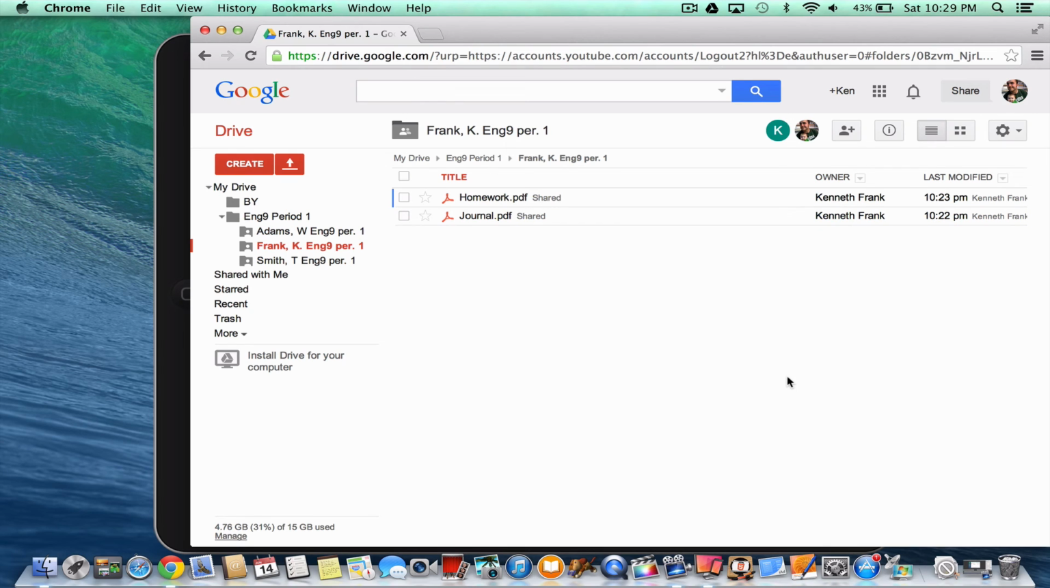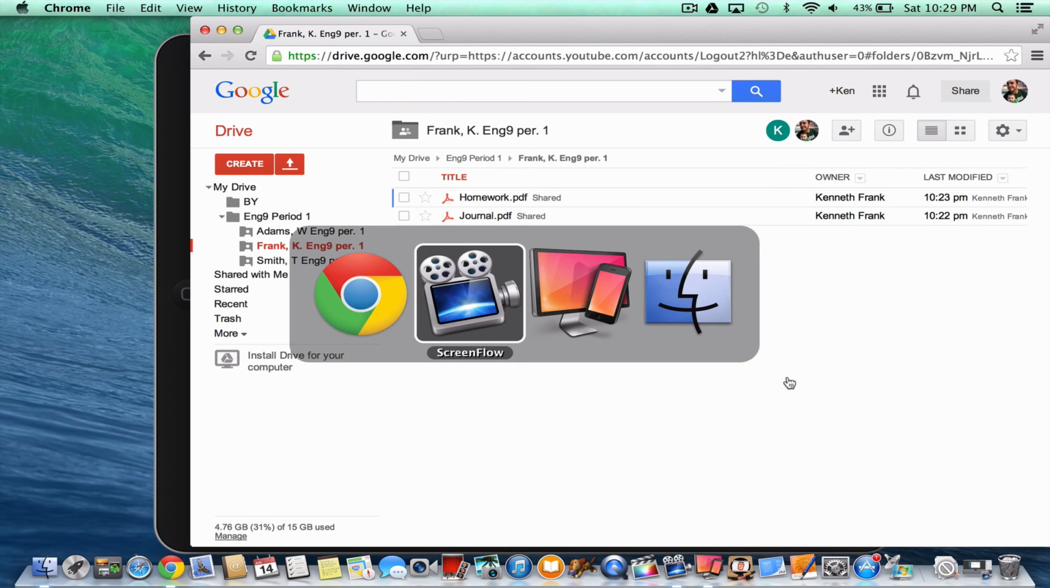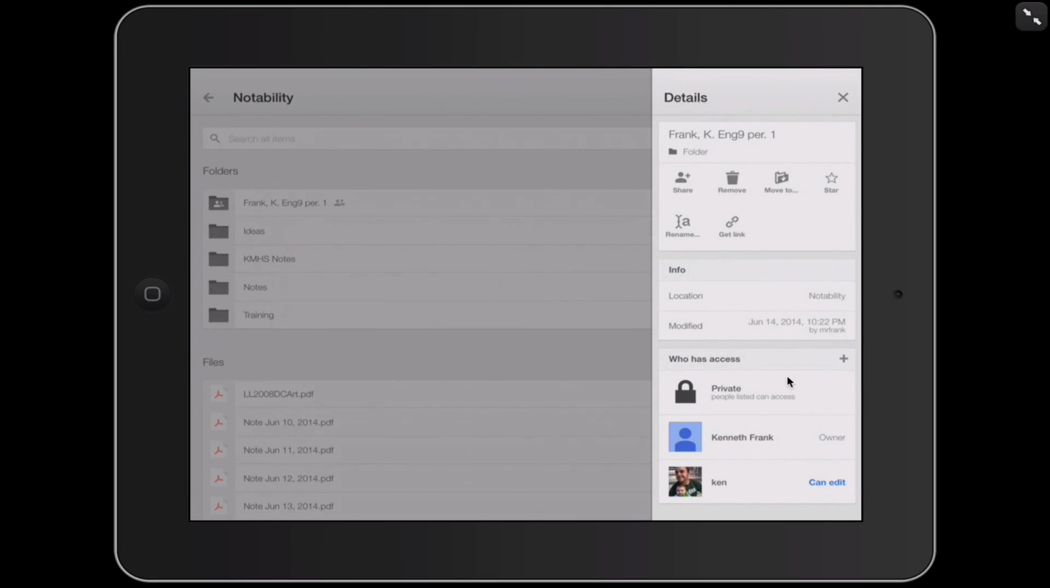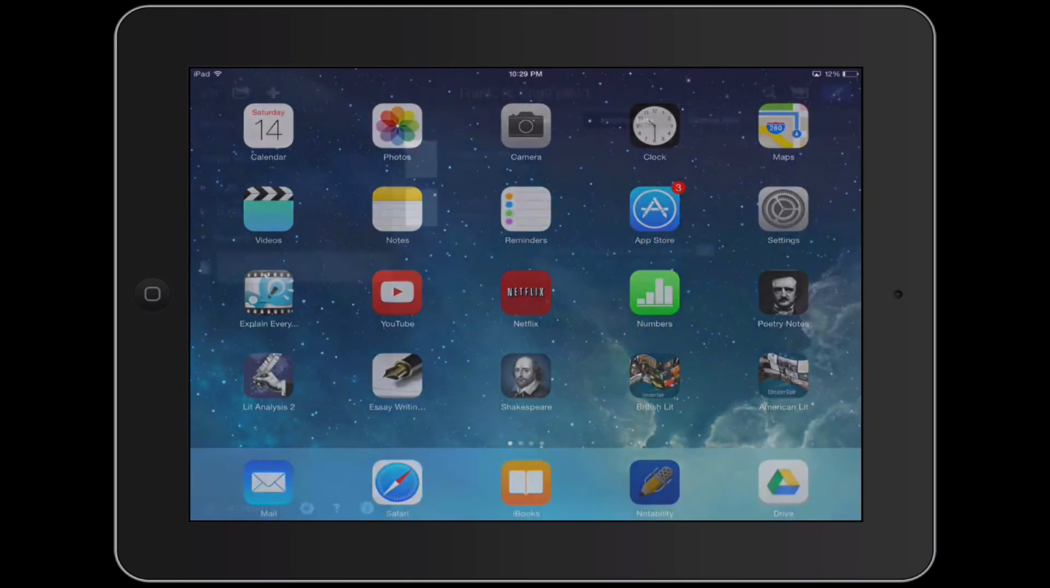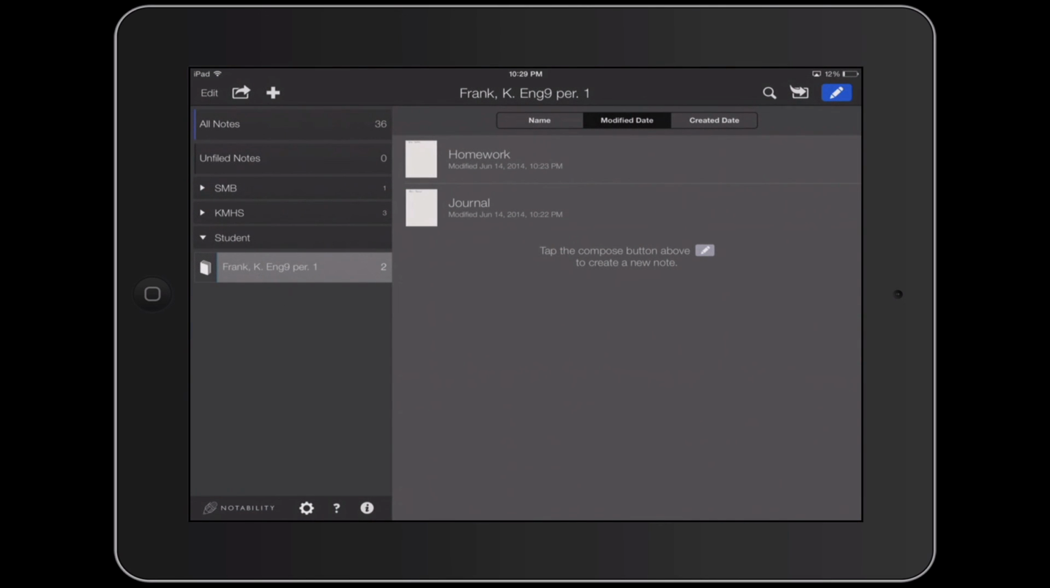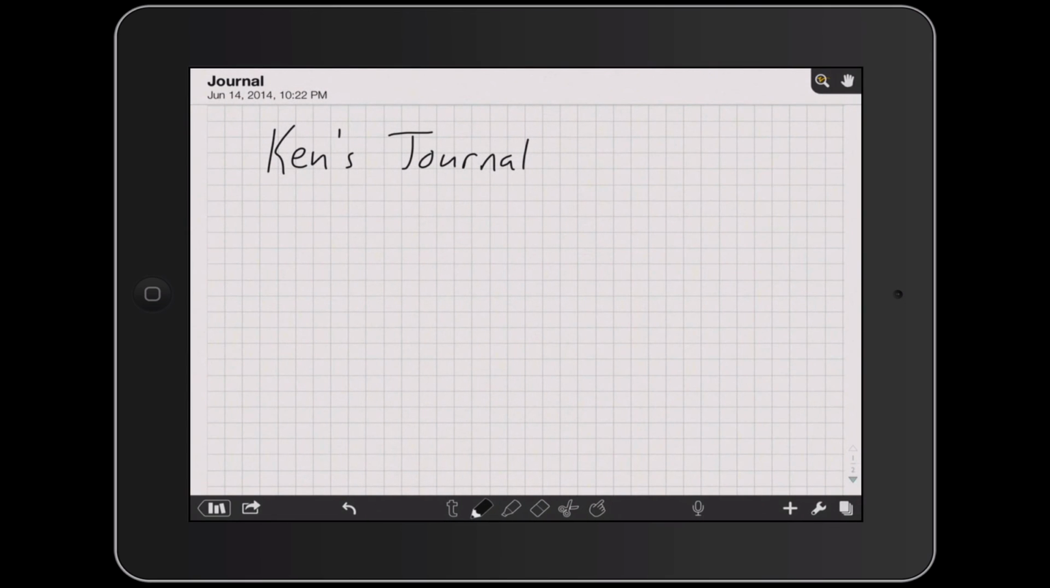Now, just to kind of show how this continuously updates, let's go back to the student iPad, right? And if the student goes back to Notability, right, let's have the student go into his journal again, right, Ken's journal, and let's write a little. All right, I'll say this is my first entry, right, and just to kind of prove the point further, let's have the student add a sticky note,